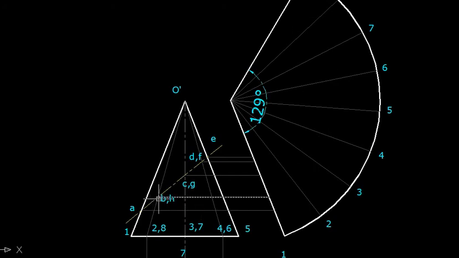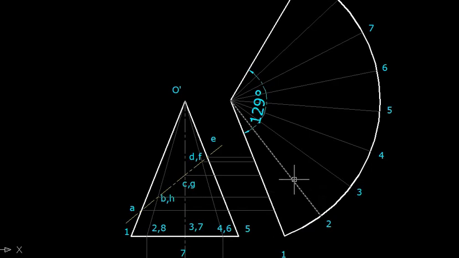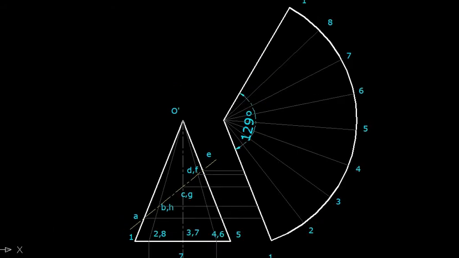For example, when the points B and H are to be marked, we are going to take this distance from this O to this B in the compass, and mark the arc up to 2 and up to 8 also. So let us try to draw it here. So now I am going to mark the arcs. To mark the arcs, this is the center point I am taking. With this center and this radius I am going to mark the arc on these points.